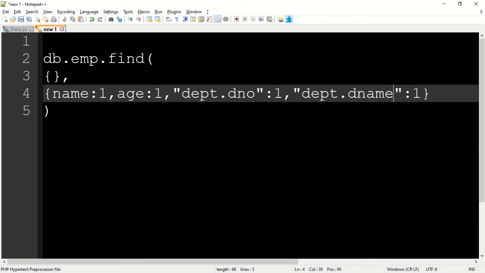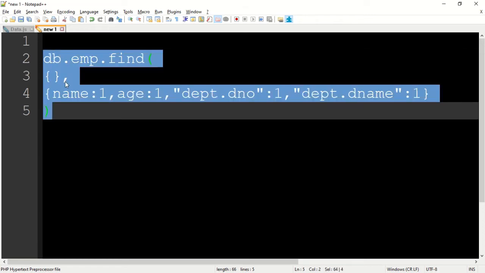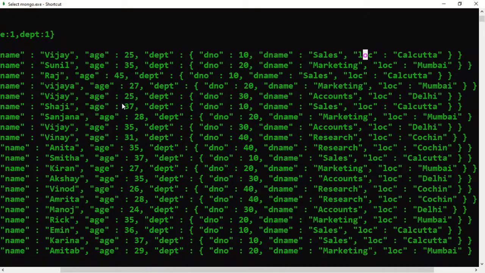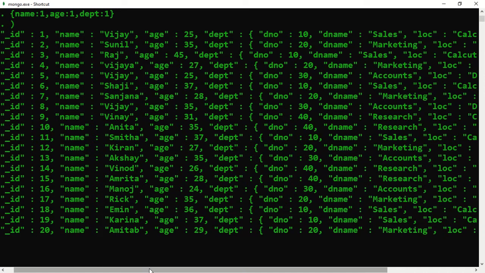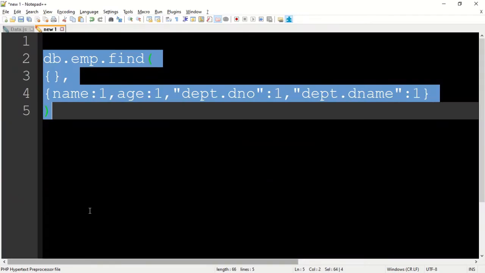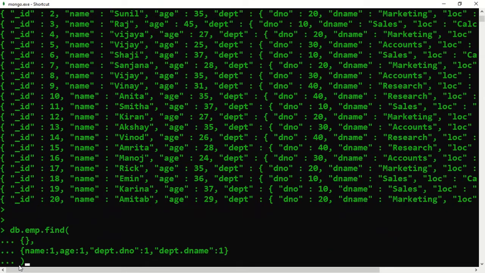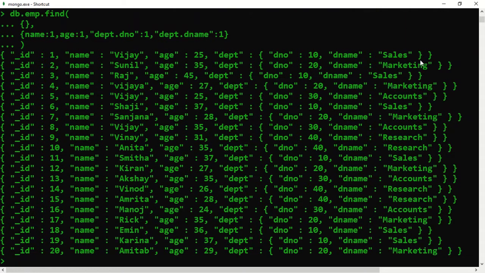So I'm just displaying the department number and the dname. Let's copy all this and go to the shell. It's not copied properly, I think, so right click, copy. Press enter. Now the location has been removed, so fewer fields are displayed.